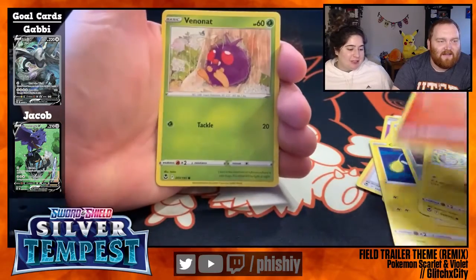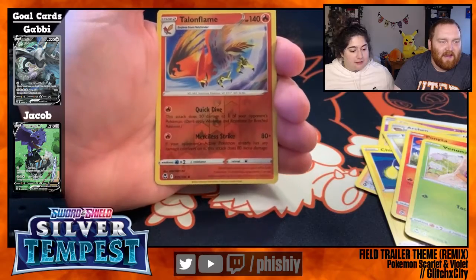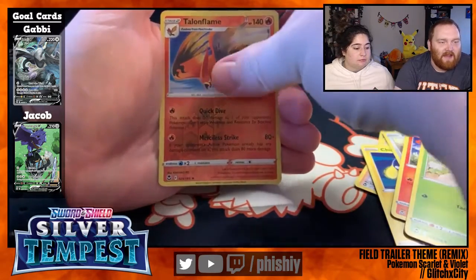Ponyta. They should make an ice Venonat. Talonflame. Fierce Talonflame. That's cool. We got the rare reverse holo. And the rare for the pack,